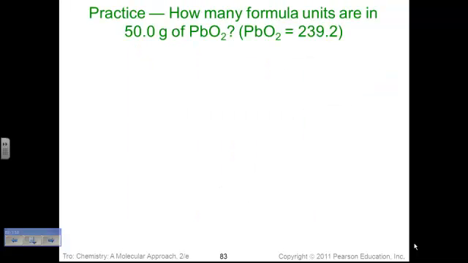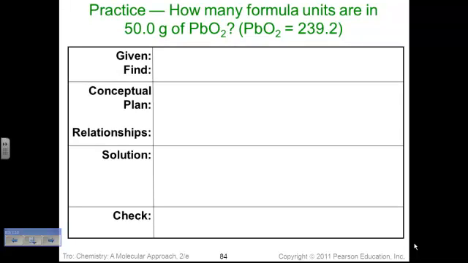How many formula units are in 50 grams of lead-4 oxide? Now notice before we counted molecules in the previous example. That's because our compounds were nonmetals hooked together. This is the same story problem, but we're counting formula units because now our building block is metal to nonmetals. It doesn't change a thing about the math, it's just using the correct vocabulary word to describe the compound that